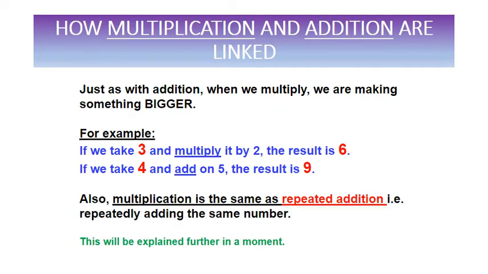We also need to understand how multiplication is linked with other mathematical operations, and here we're going to look at how multiplication is linked with addition. So just as with addition, when we multiply, we're making something bigger. So for example, if we take 3 and multiply it by 2, the result is 6, or we could say